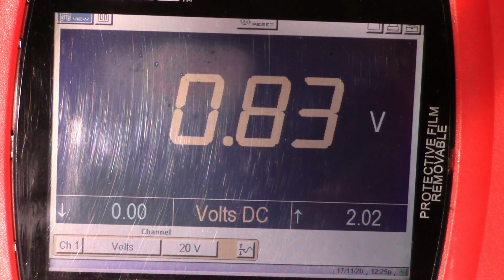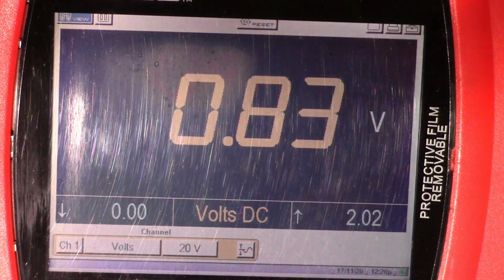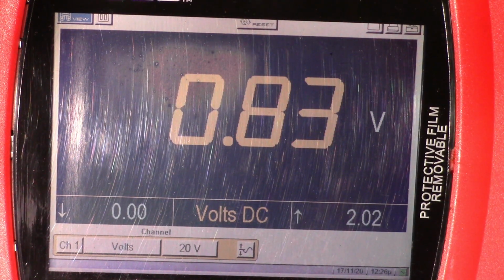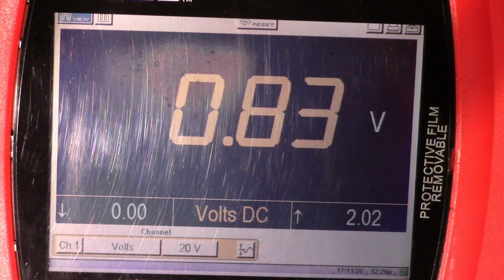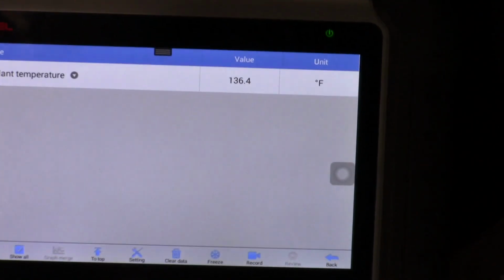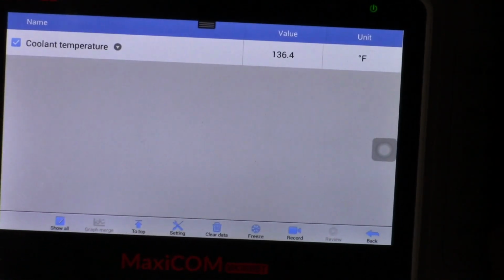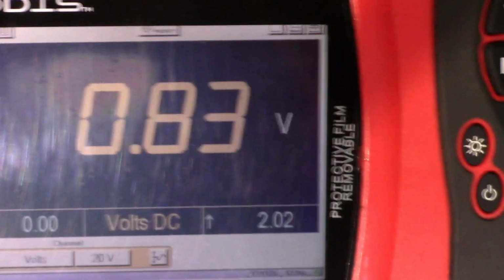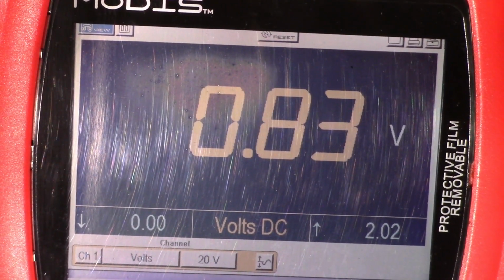When the engine temperature reached 40 degrees Celsius, the signal wire voltage suddenly dropped to 0.83 volts. As you can see right now, the engine temperature is 136.4 Fahrenheit, which is approximately 58 or 60 degrees Celsius, but we still have the EGR valve position signal